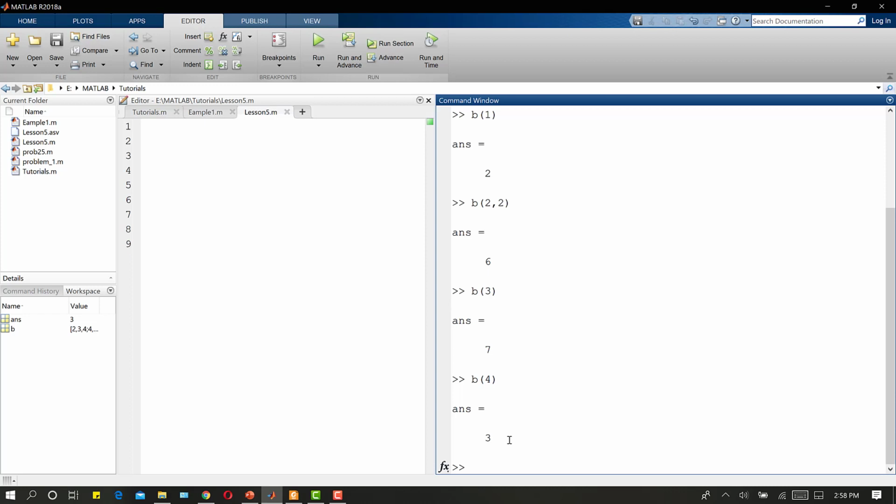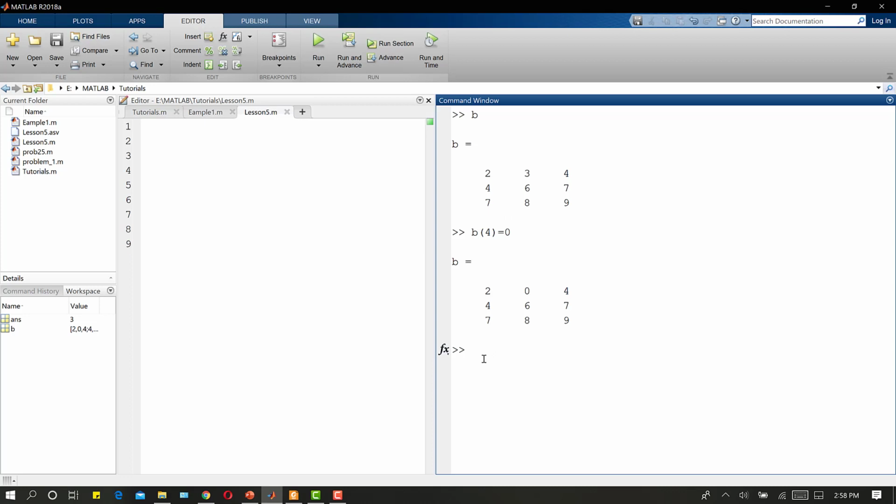Let's suppose if I want to replace 3 with some other value. Let's suppose I want to make this 3 as 0. So let me display B vector. So we have this B vector. And now I want to change only this 3. So I want to replace this 3 by 0. So what I can do, I can write B, and it's the fourth element. So I will write B4 and I will equate it to 0. So now we have replaced the 3 element, that is the first row and second column element, with 0.